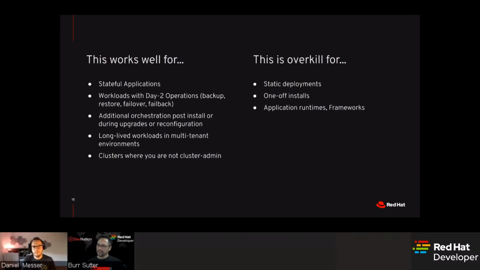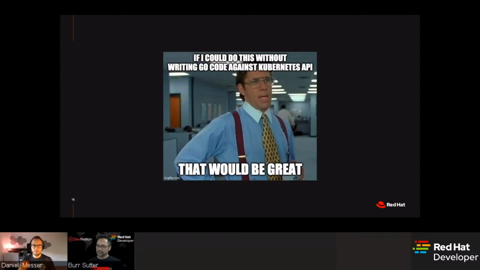Also, all these benefits of application-specific operational logic come with a little bit of a price, because an operator is programmed, right? So you need to write actual code in order to do it. And what you do in that sense is you're talking to the Kubernetes API, right? And you're usually writing that in Go code because Kubernetes is written in Go and it has the most mature library ecosystem. So this is kind of a steep entry barrier into this game of self-running, self-managed workloads on a